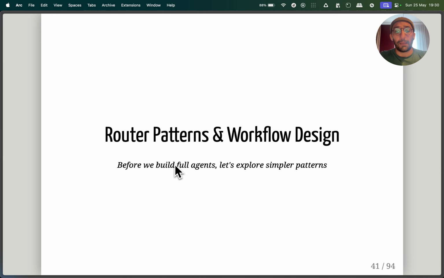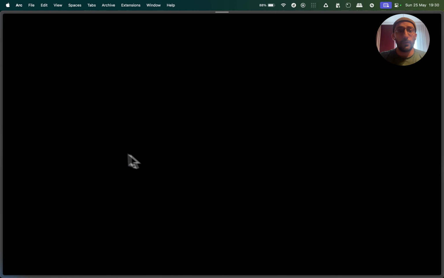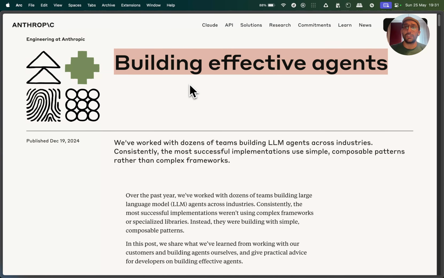For that, folks, I'm going to ask you to go check out an amazing article by Anthropic. I think it's becoming a reference point for a lot of people that work in AI engineering, and it's called Building Effective Agents.